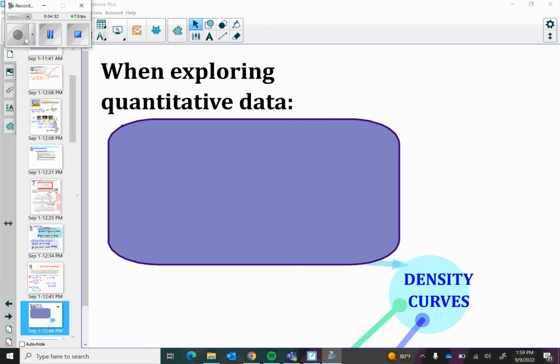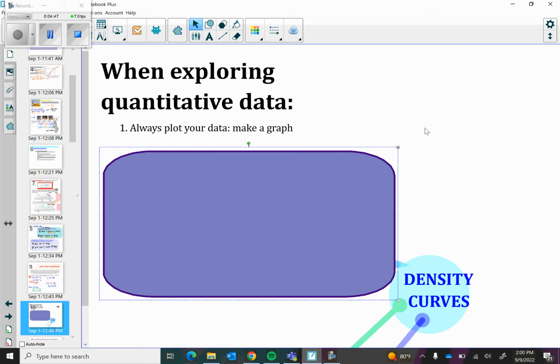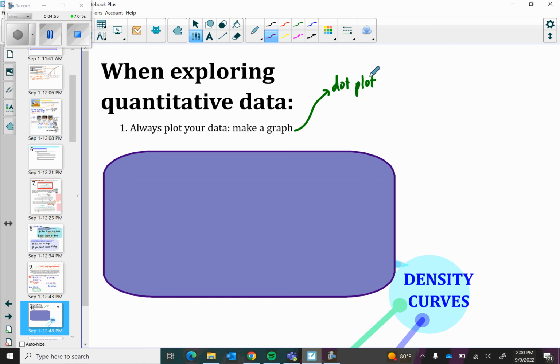One other topic to cover in this section is something called a density curve. So let's remind ourselves of what we do when we are exploring quantitative data. Of course, quantitative data means data with numbers. So the first thing we want to be reminded of is that we always need to plot our data, make a graph. If we're talking about quantitative data, this graph would be a dot plot, a stem and leaf plot,